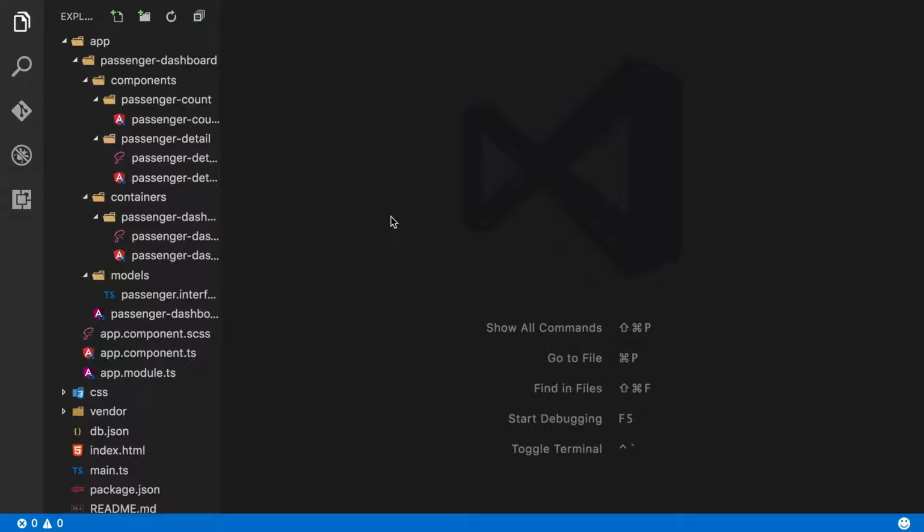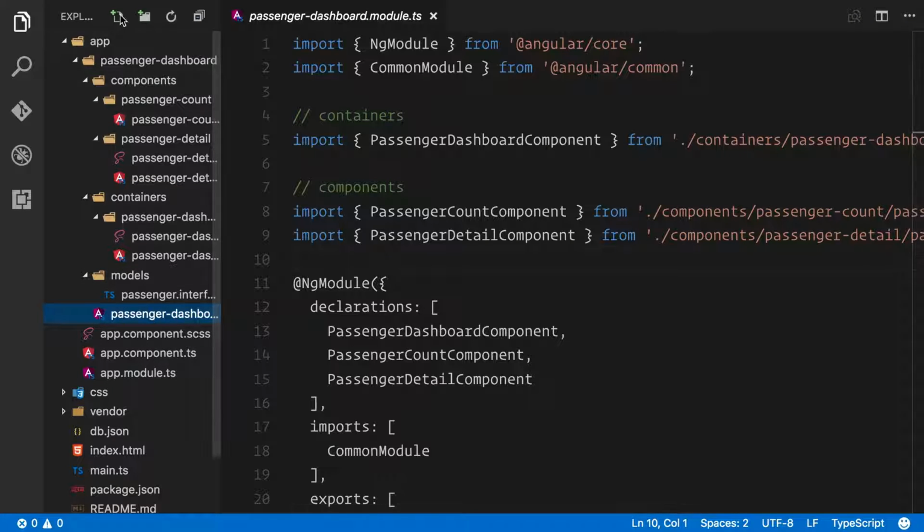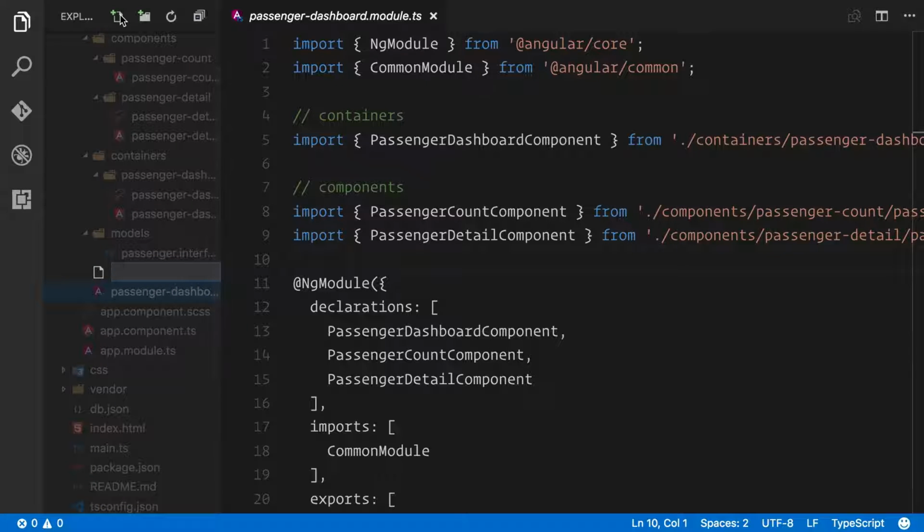So the first thing that we need to do is create our service. Now, we talked about services in the architectural overview at the beginning of this course. So we're going to go ahead and create our own service. What we're going to do is put it next to the dashboard module. So we can simply create a new file here, and we're going to call it passenger